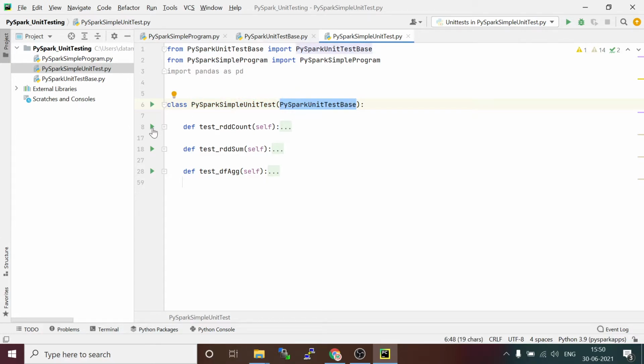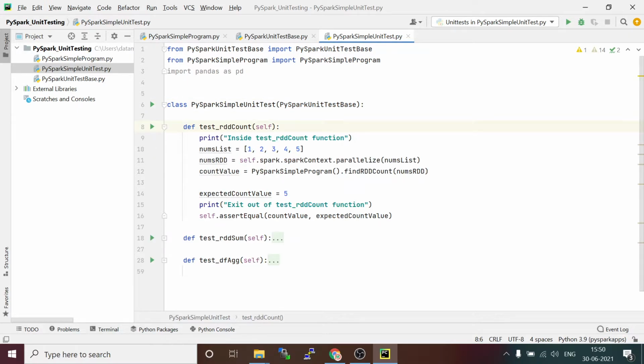Now I want to test one method, test RDD count. I'm going to call the function called find RDD count. For that, I need to pass an RDD. So how do we create an RDD?